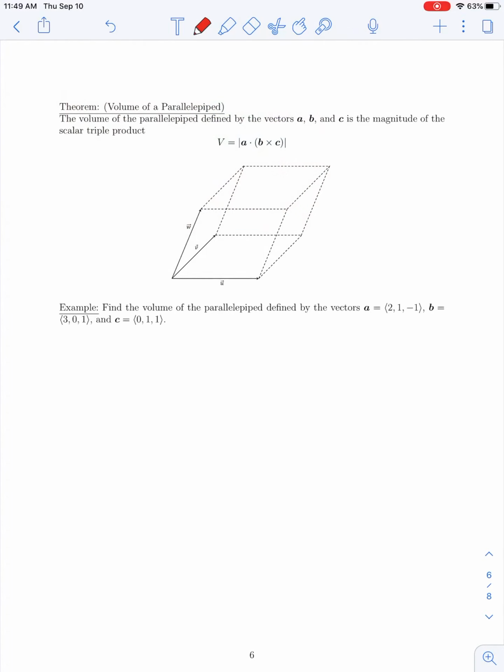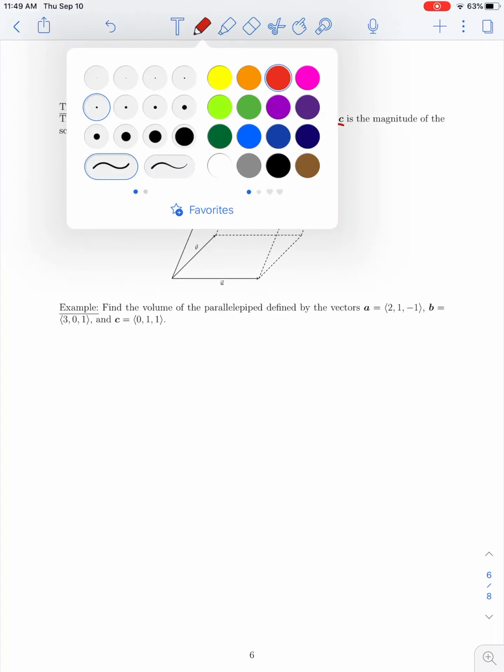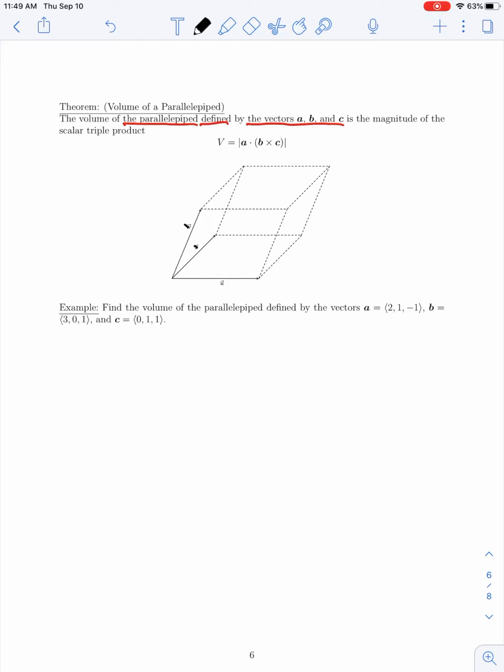So here, let's first consider what is a parallelepiped. Let's suppose that we're considering the parallelepiped determined by the vectors A, B, and C. I've given a figure below this theorem to illustrate what we're talking about. In my initial figure, I was using vectors U, V, and W. Let me just rename these as I have them in the theorem, A, B, and C. So if we draw the representations of these three vectors such that they all have the same initial point, well,